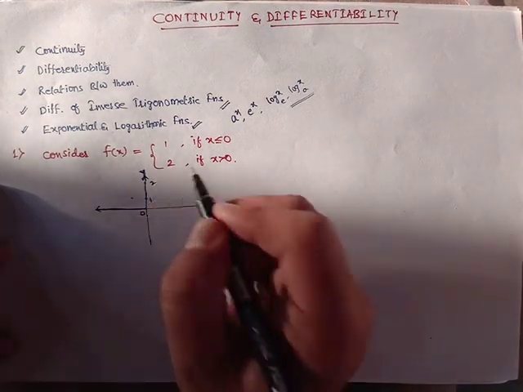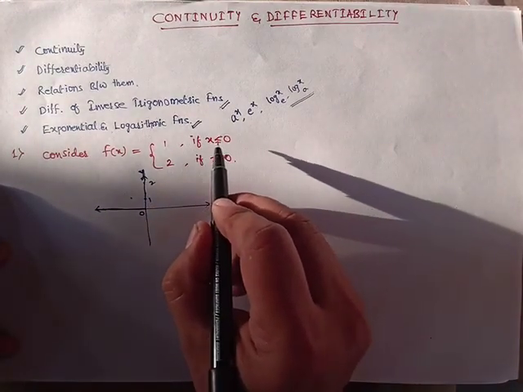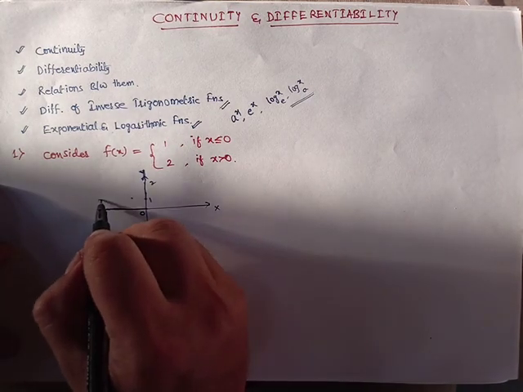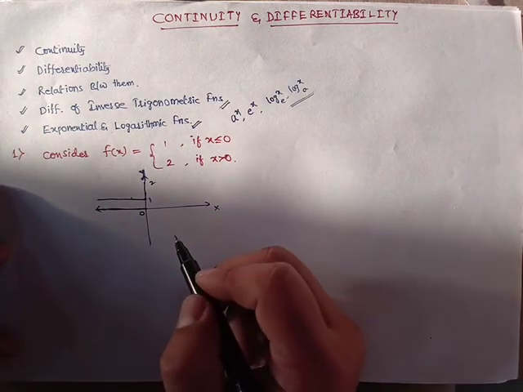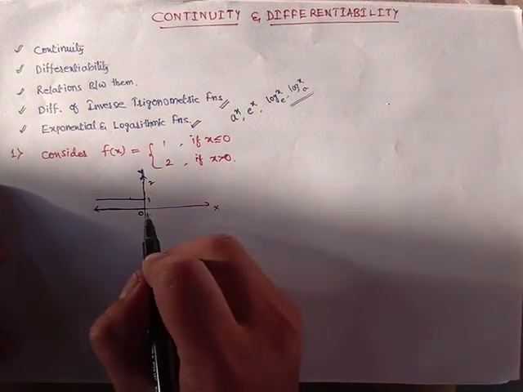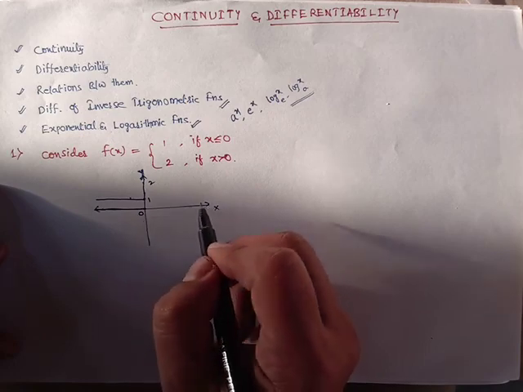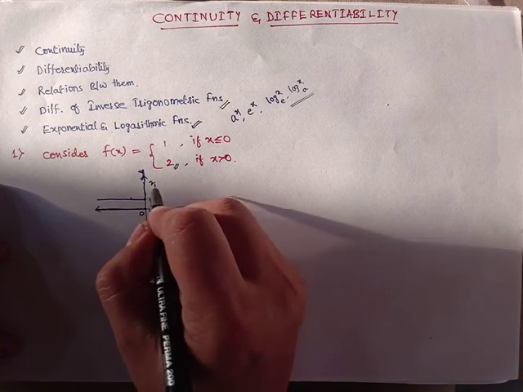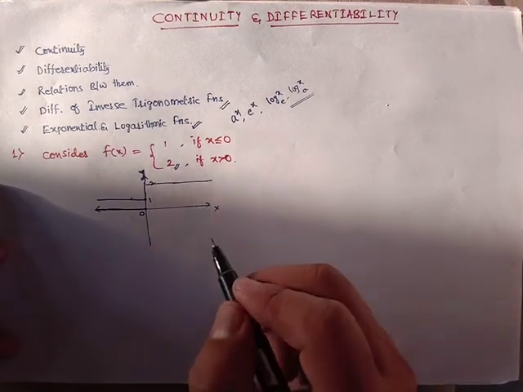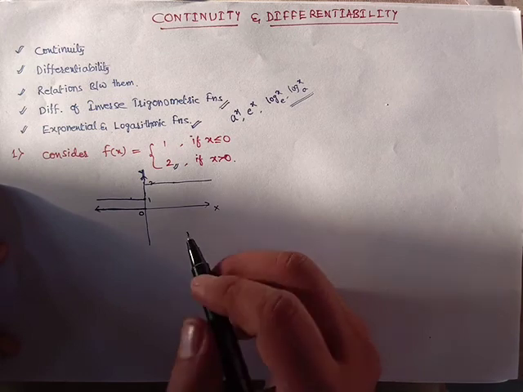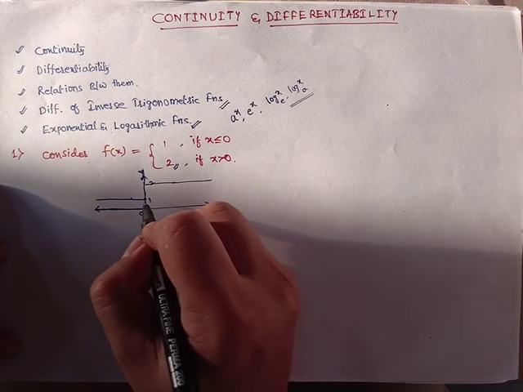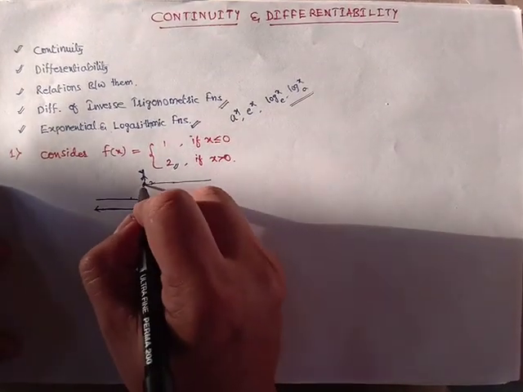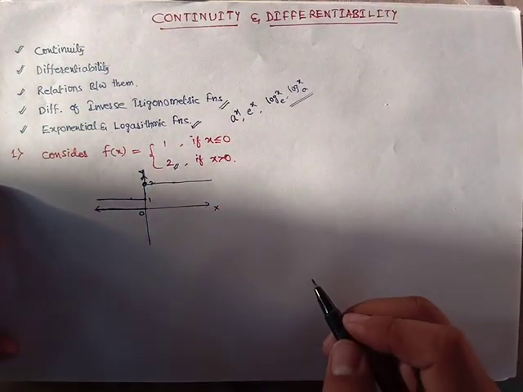For x less than or equal to 0, including 0 and the negative side, it is taking up the value 1. And coming to x greater than 0, whenever x is greater than 0, the value should be taken as 2. So at this time the value is 2. Now at x equals 0, 1 is taken. At x equals 0, 2 is not taken, and this is your graph.